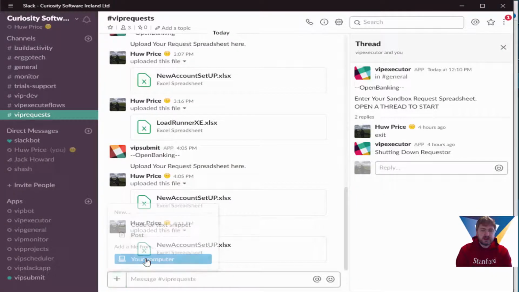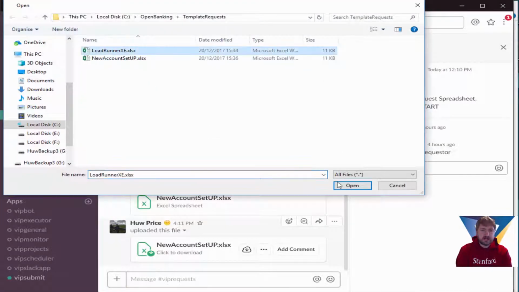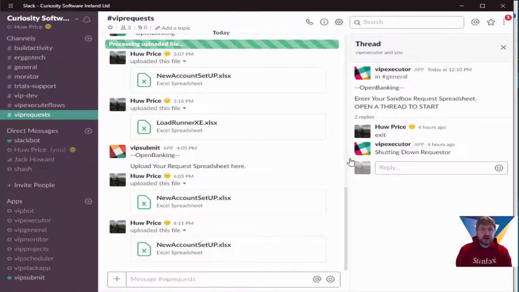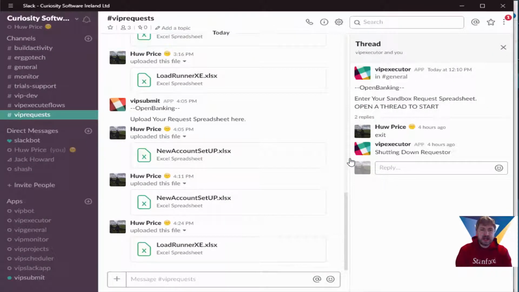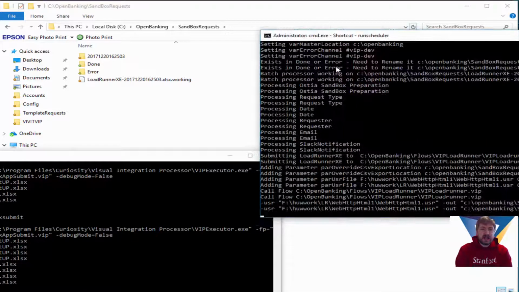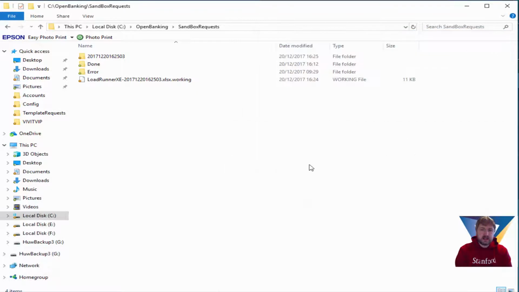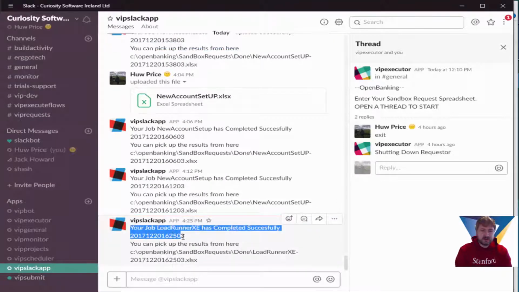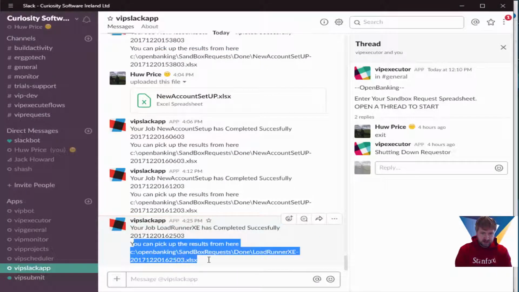So now that we've created our requirements for our data generation, we're going to upload that data driver file into Slack. And then Slack is going to actually process it. So the first thing it's going to do is go off and generate all that necessary data. And then the next task it's going to do is execute that test against the LoadRunner command line prompt, to run that in the back and then come back with the results. So in this case, you can see it's completed successfully.